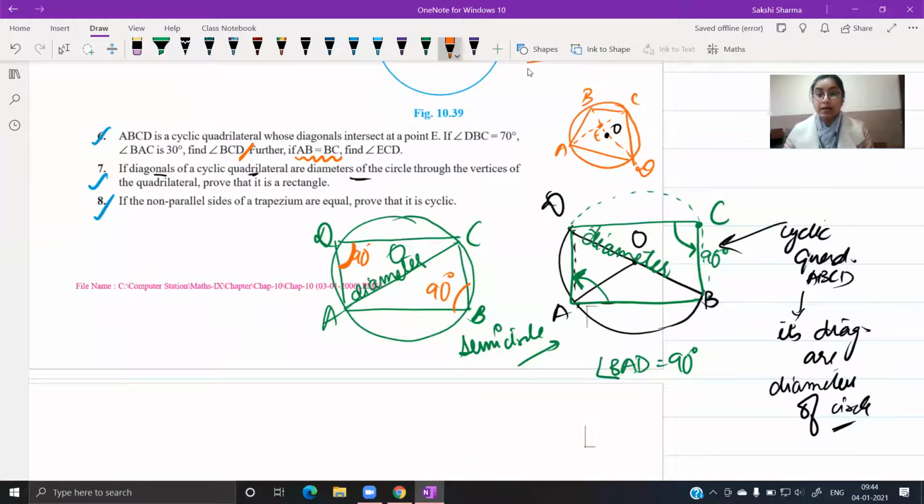Since the diagonals are diameters, you will have semicircles on either side. One by one, you take one diagonal, semicircles are formed on both sides of it, and the angles formed in those semicircles will be 90 degrees. We can write the same thing for the other diagonal: the other diagonal is also a diameter, so the angles formed on its opposite sides, A and C, are also 90 degrees. And eventually what we get is each angle, angle A, B, C and D, each angle is 90 degrees. Since in the quadrilateral ABCD each angle is a right angle, we can say that the quadrilateral is a rectangle.